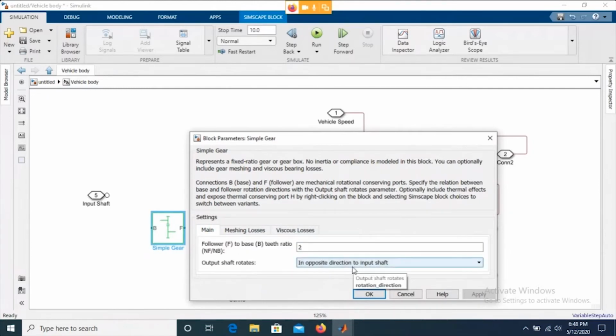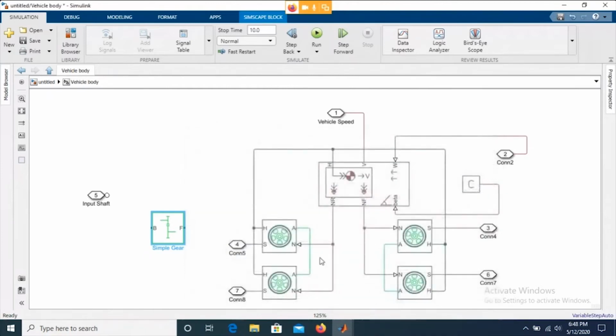Now another important thing is that the output shaft at point F can rotate in the reverse direction or in the same direction as well, right? So you need to be clear, when you keep it with your vehicle, in which direction you want to run your vehicle, right? And basically you can get the idea about it from the velocity, and now it's possible to connect this with the axle, right? So here is my connection.